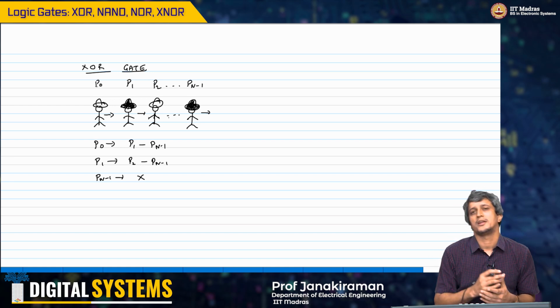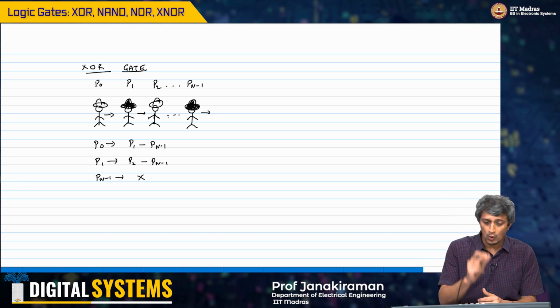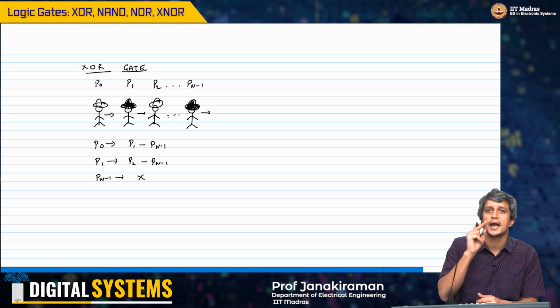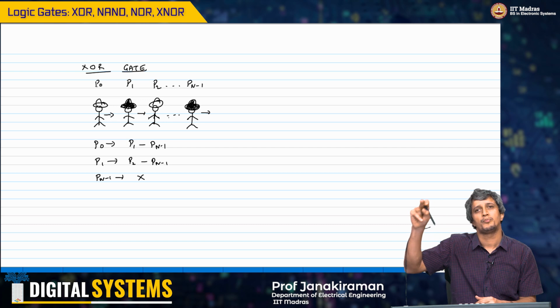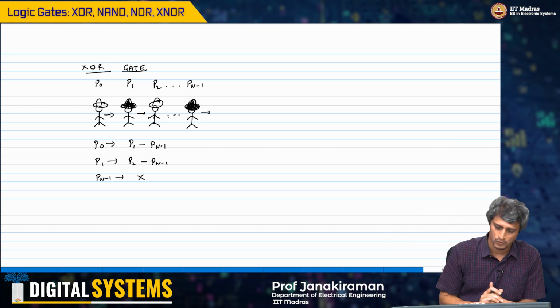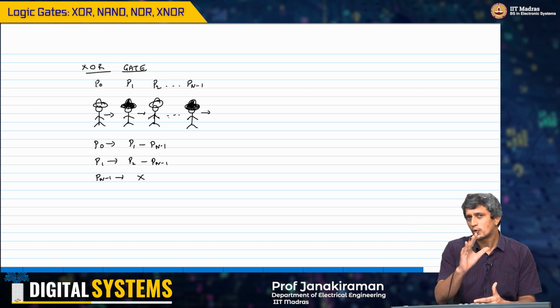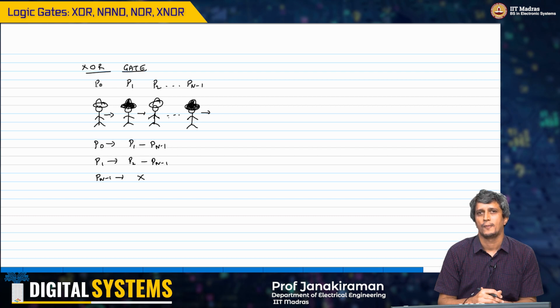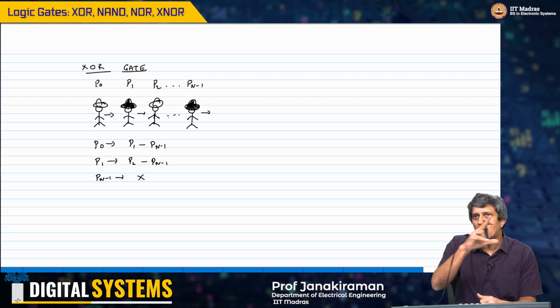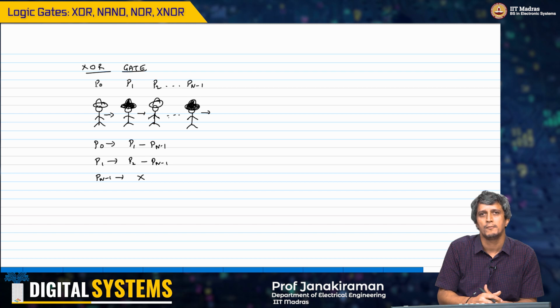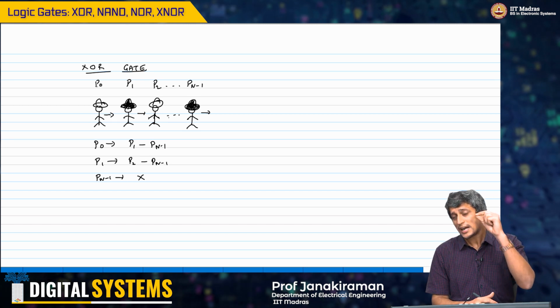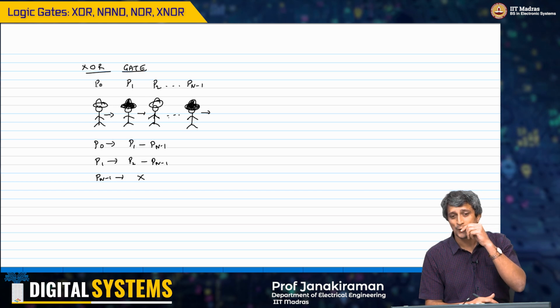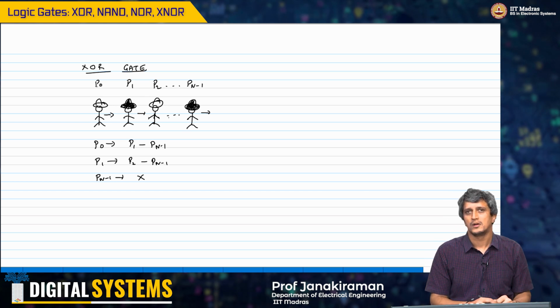Question is, can we do better than this? So P1 is now looking at, P0 is looking at P1, P2, P3 all the way to Pn minus 1. Okay. So let's look at this particular strategy. P0 is able to see all the n minus 2 people in front of him or her. So the strategy that the prisoners come up with is P0 will shout